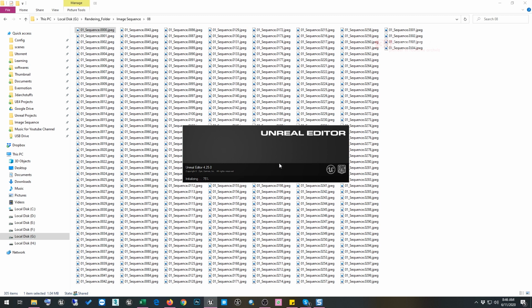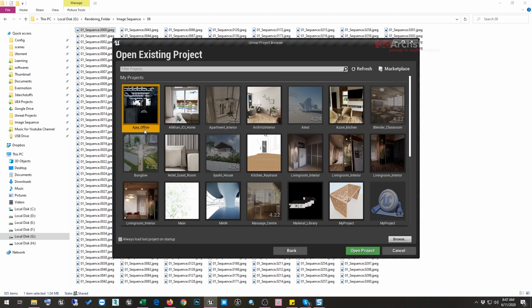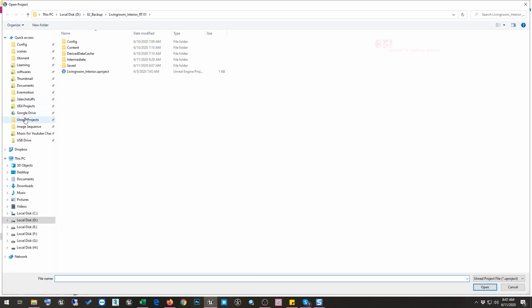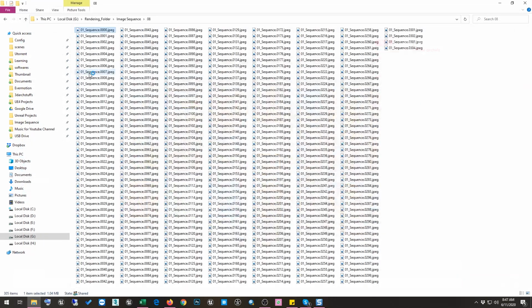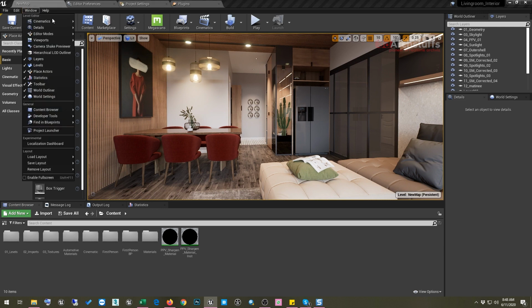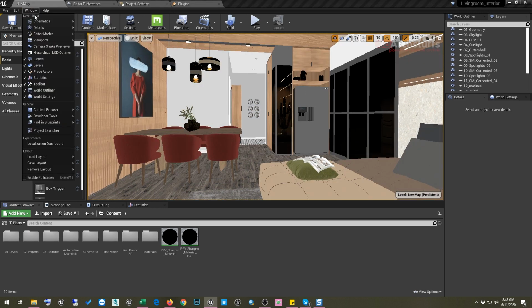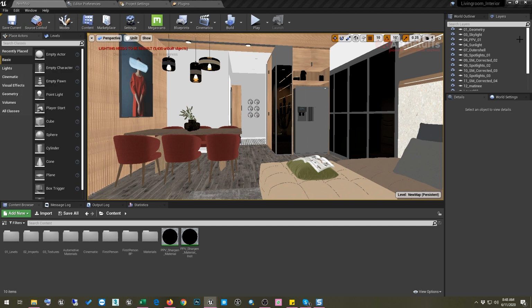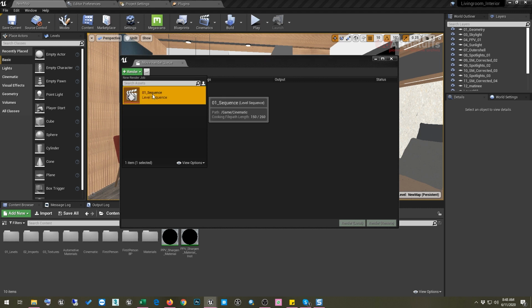So we'll reduce that value to maybe 32, and then we'll render it again, and I'm sure it will start rendering the scene. I'll go to More, then Browse, then Unreal project, and this living room hybrid, and open it. Now after opening the Unreal project, we'll make it Unlit, and then go to Windows, Cinematic, Movie Render Queue, and here in Render select the sequence.